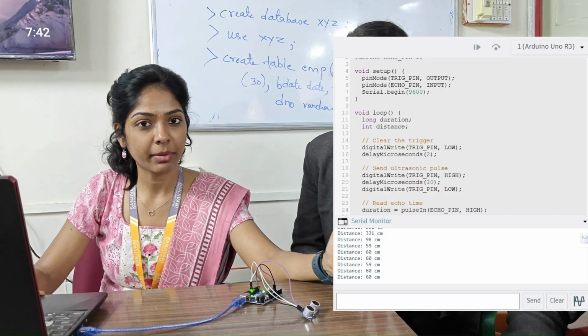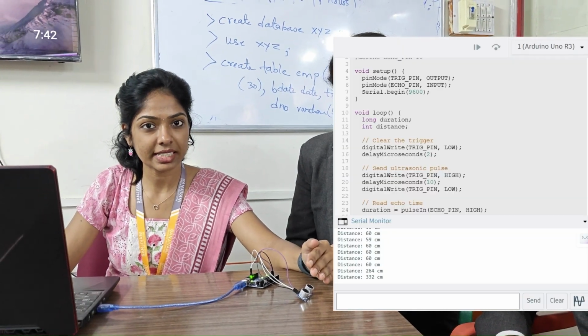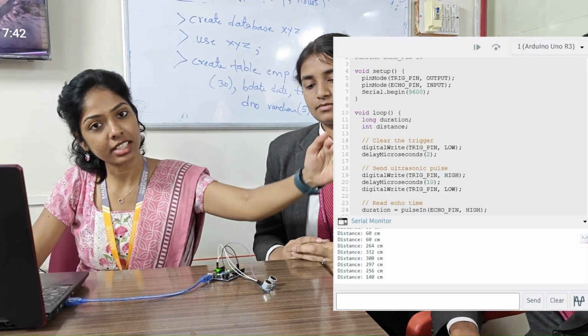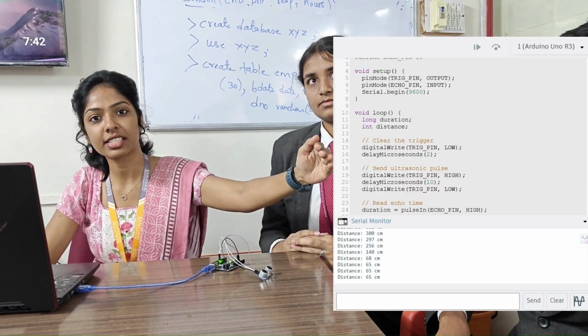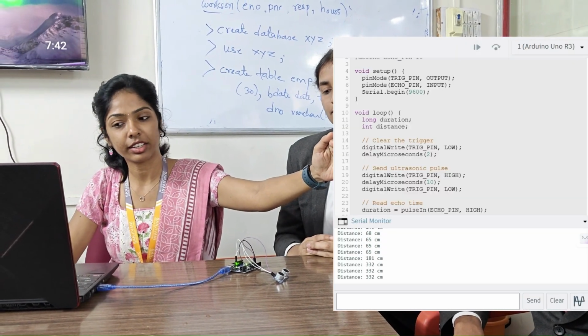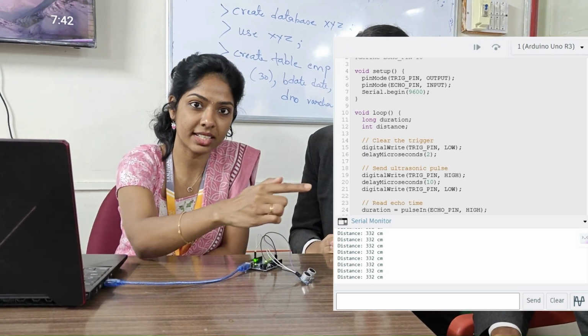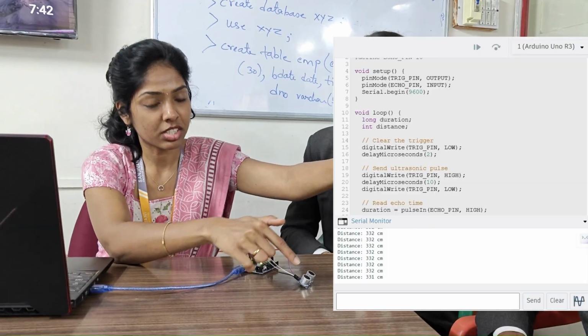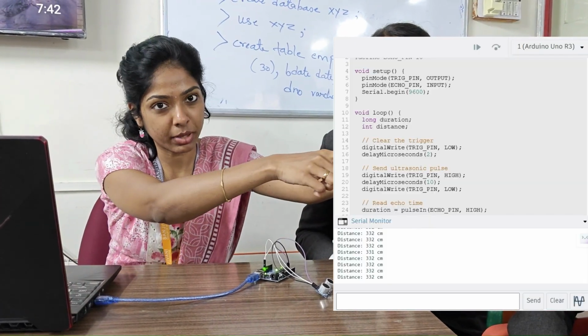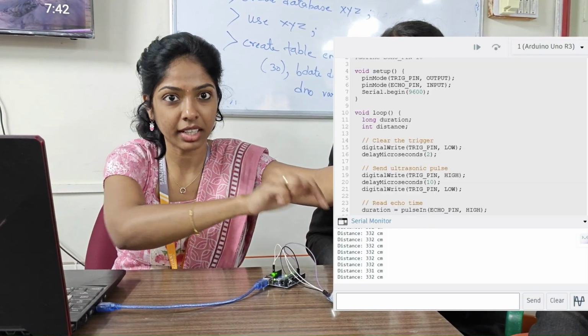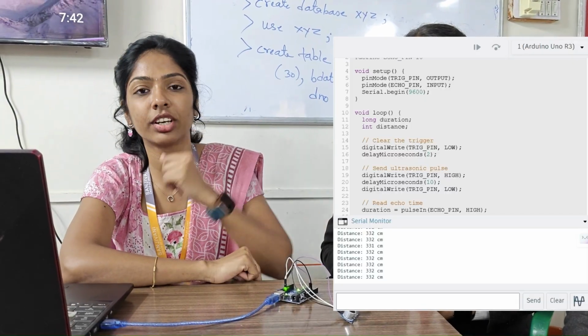So now you can see when my hand is closer, the object distance is very less, and when my hand is far away, the object distance showing on the screen is very far. Like if you can just see the reading in centimeters. So this is how it is just emitting the signal. When my object is here, the sound waves are being emitted. It hits the particular object, and when it is returning, it is just calculating the distance and showing us the output.